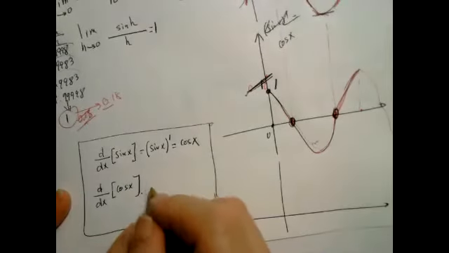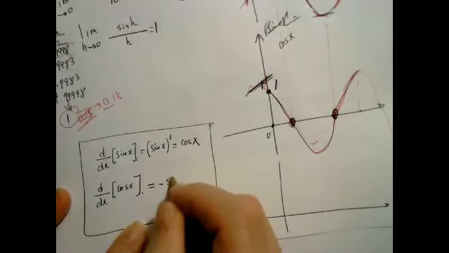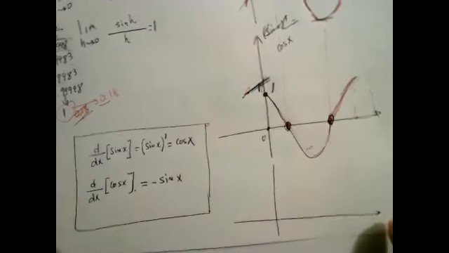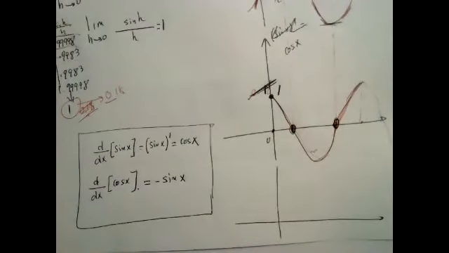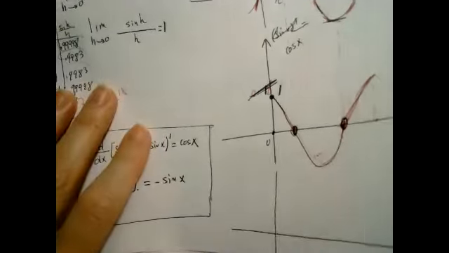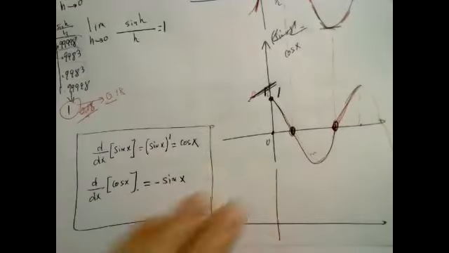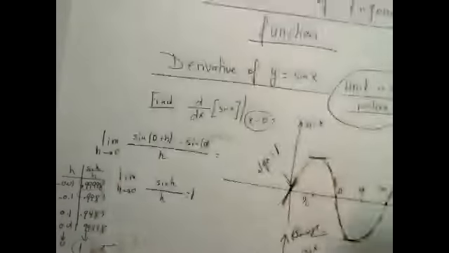All right, so now we go back to the box. The derivative of cosine is minus the sine of x. Absolutely important, total memory of those derivatives. All right, now we have those. So let us do some simple application for a simple function, and then we do the tangent and all the other ones. So, for example, find the derivative of